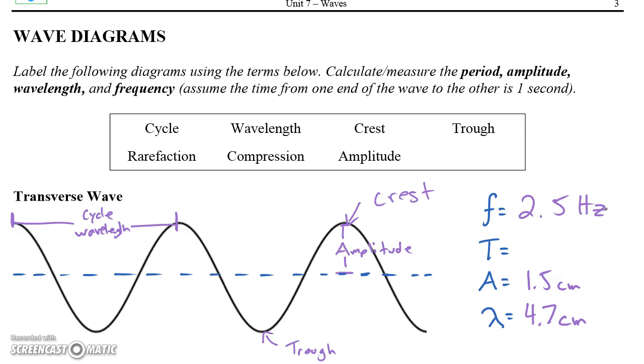And to calculate the period, I do 1 over 2.5, and that would give me 0.4 seconds for my period. So do the longitudinal wave and pause the video and come back in a couple seconds and you'll see the